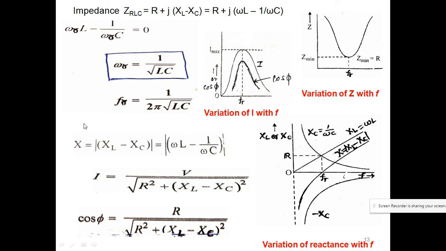Is it okay? Then you can see the total reactance here. The total current is given by this formula, V upon I, or you can say V upon Z, and our power factor is nothing but resistance upon the total impedance. From that we can see the variation very clearly. When we are at the resonance condition, the current becomes maximum, because this term becomes equal to zero.